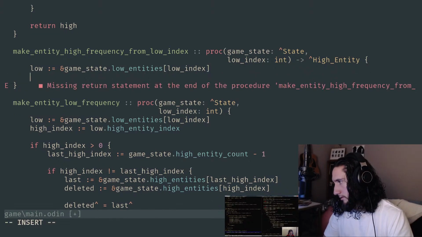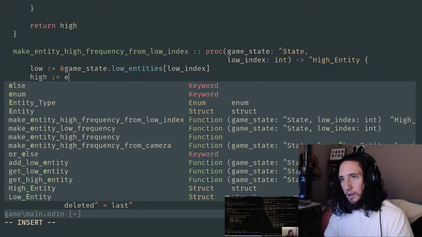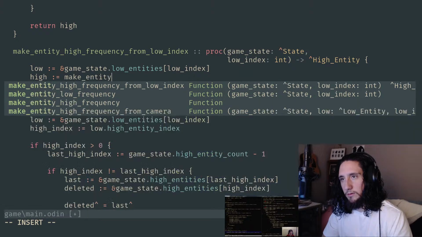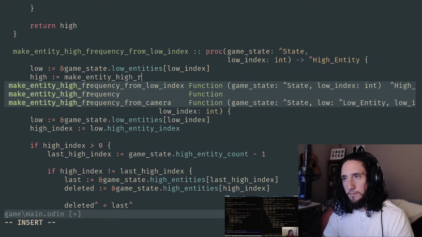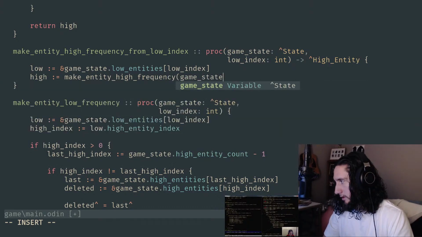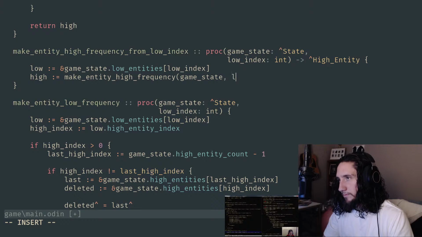And then we get that high entity out after we make the low entity high frequency. Pass in the game state, that low entity, the low index,